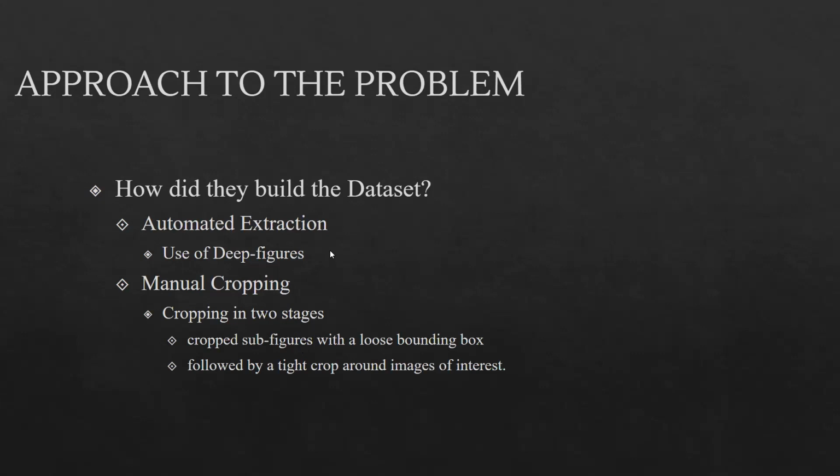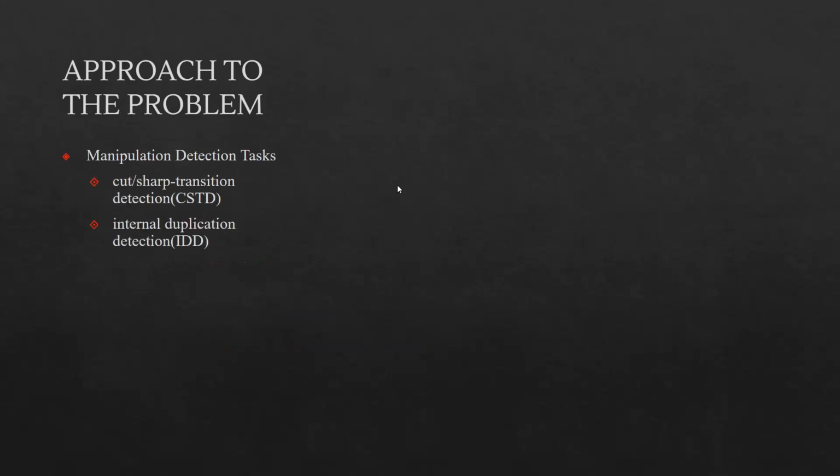And then they filtered out the synthetically generated images such as tables, bar plots, and histograms, because that is beyond the scope of this paper. Now comes the manipulation detection task, which is cut sharp transition detection first, then internal duplication detection and external duplication detection. So the cut sharp transition is basically